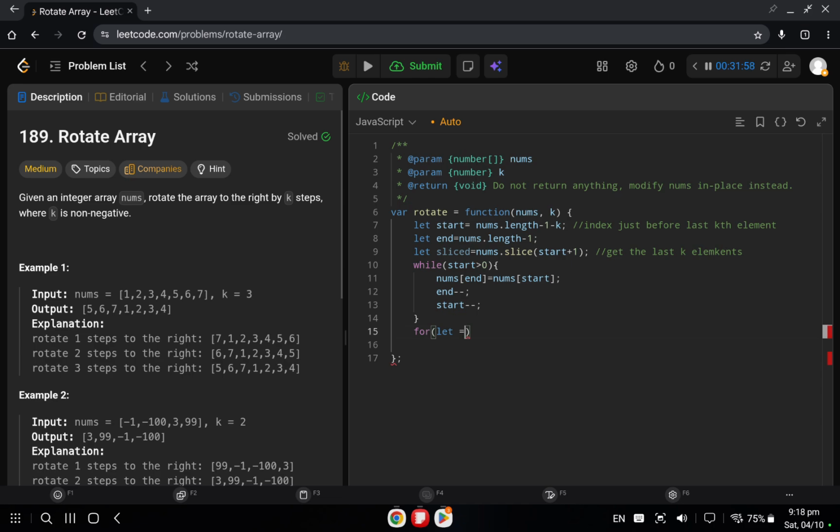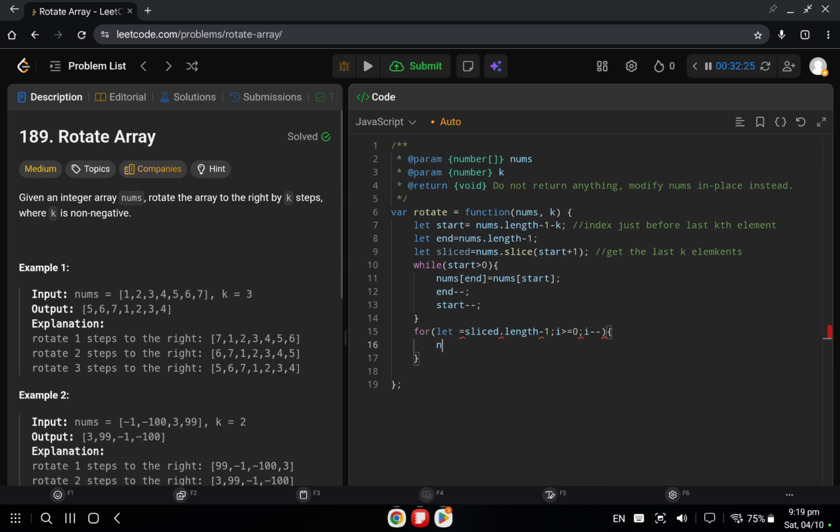Perfect. Now let's start with another loop. Let i equal to the length of our sliced array minus 1, that means we have to take the last element from 5, 6, 7. Then i greater than or equal to 0 and i minus minus.